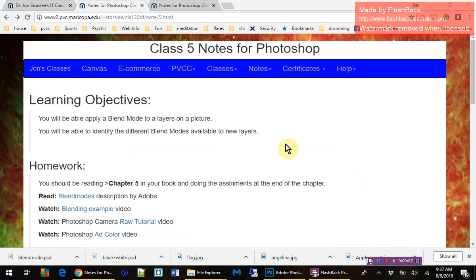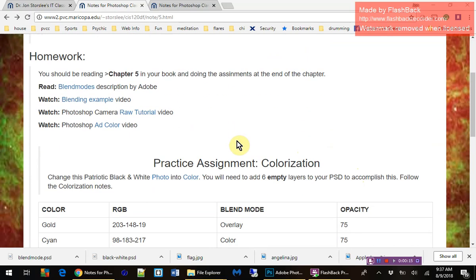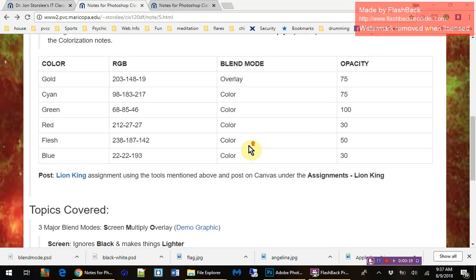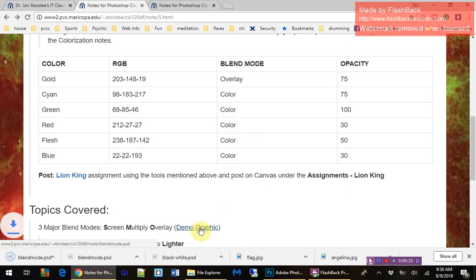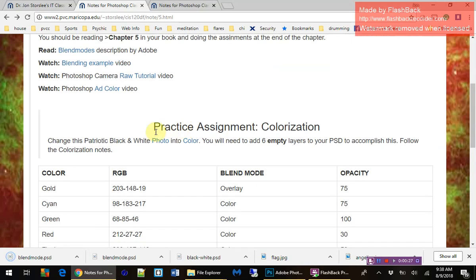This is one of my favorite practices that we get to play with, and that's the blend mode. We'll be on note 5 for today. I would highly recommend you looking at this. What I've done before I went live is I've downloaded the graphic here by just clicking on it, and it'll automatically download, and then